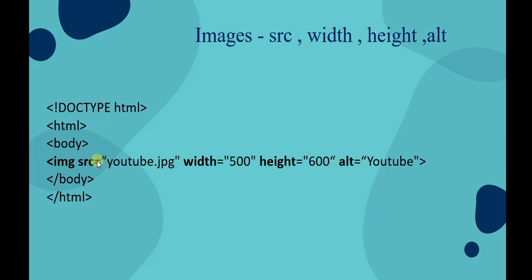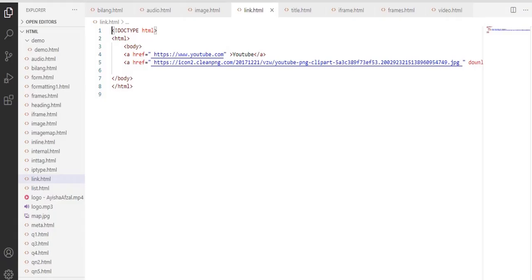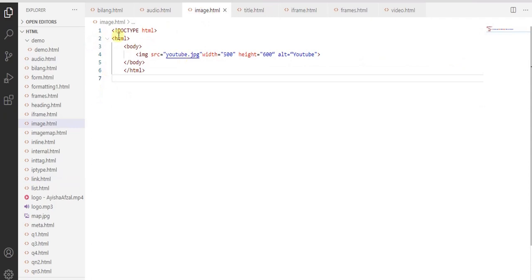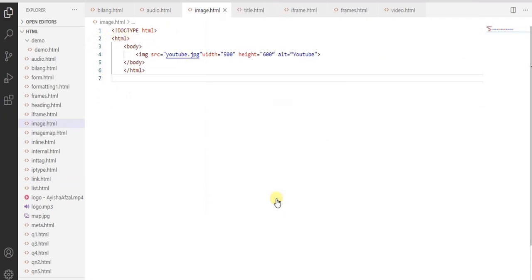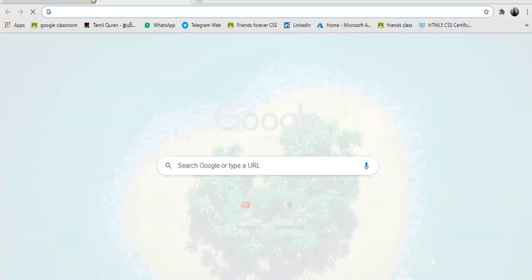You can note it down. Let's see this practical example. I wrote the same code here and opened it in the browser. You can see the width and height I specified; the image is displayed in my browser like that.